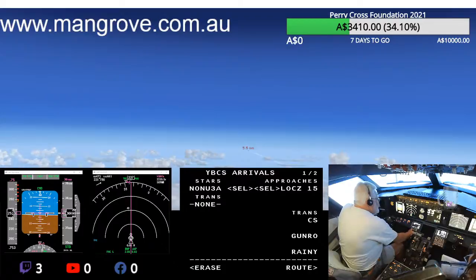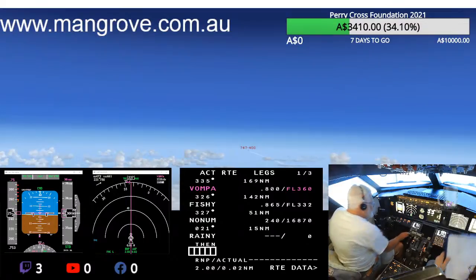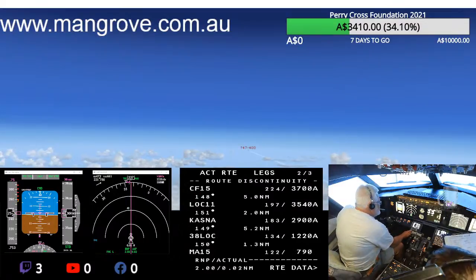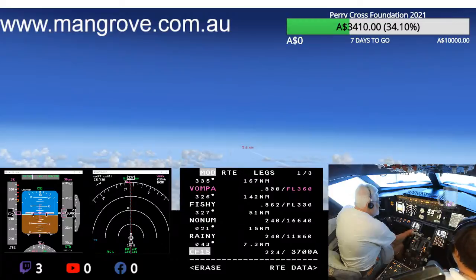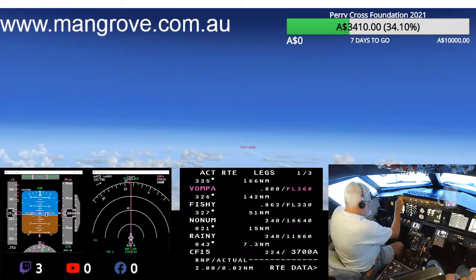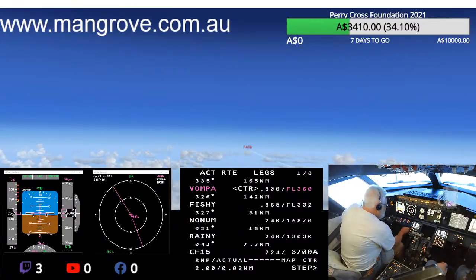Jetstar 8 Alpha Mike, contact centre 120.55. 120 decimal 55, 8 Alpha Mike, thank you very much. Lufthansa cargo 8286, star clearance, Nottingham 3 Alpha arrival, runway 15. Maintain flight level 404, for sequencing reduce your speed not above Mach decimal 75. 3 Alpha arrival for runway 15 and top speed Mach decimal 81 for Lufthansa cargo 8286.